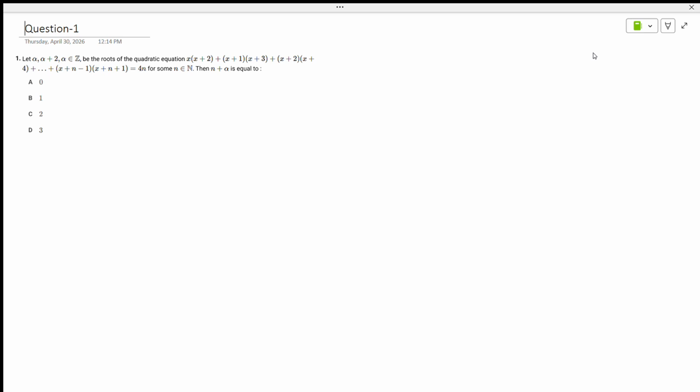Hello students. In this playlist, we are going to discuss PYQs of JEE Mains. First, let us start with shift 1 on April 2nd. So, in this first question,